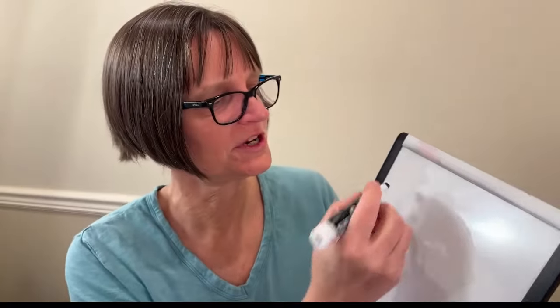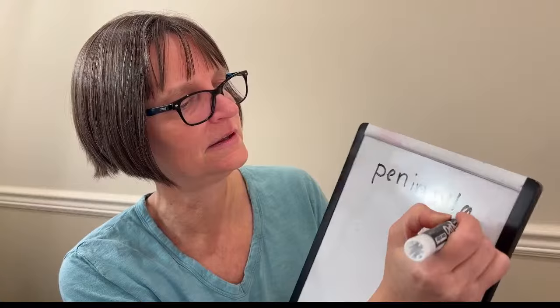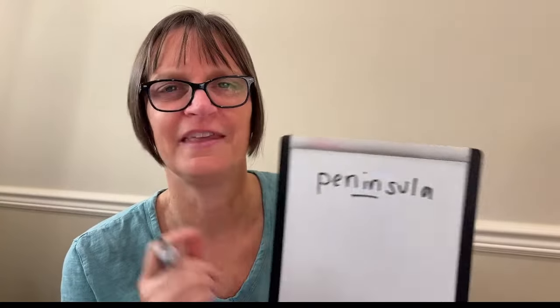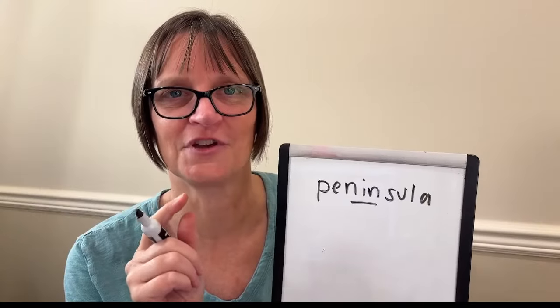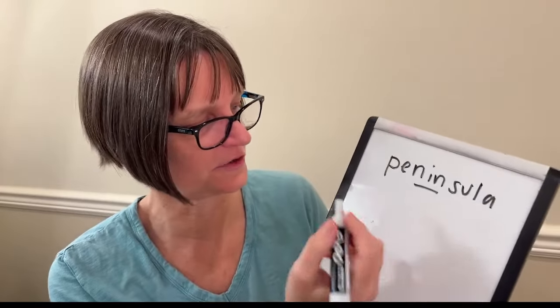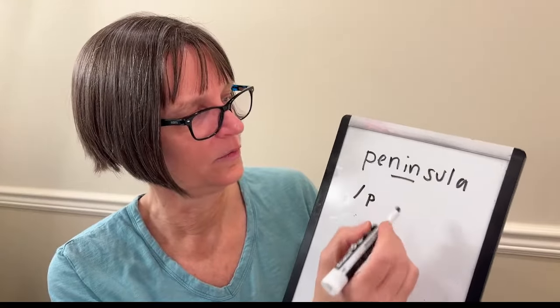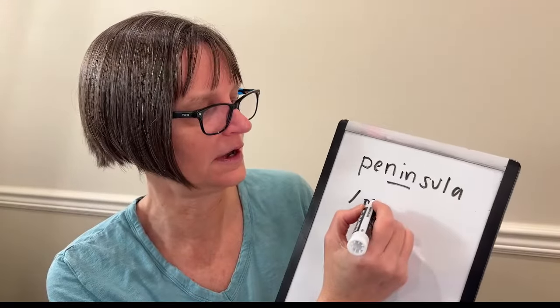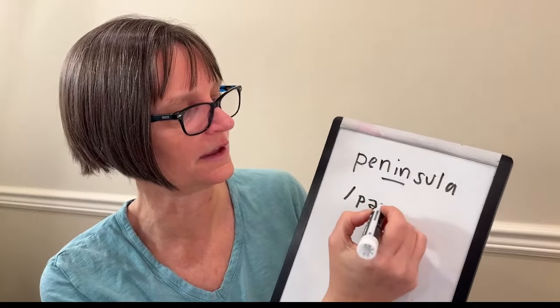Okay, we have a question about how to pronounce peninsula. So this is one that tends to differ between American English and British English. In American English, we tend to do peninsula. And in British English, peninsula. They either do an SH there or the sya, like we were talking about with Duke. They have the y sound in there. So first, American English. Since we're stressing on the nin syllable, this first letter E is going to be unstressed, p, an uh or an I sound, p. I would usually use a schwa there, I think. Peninsula.